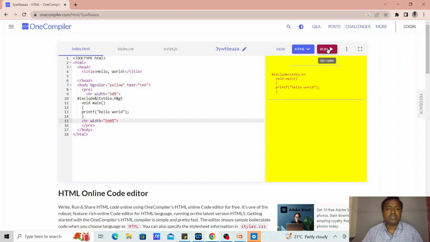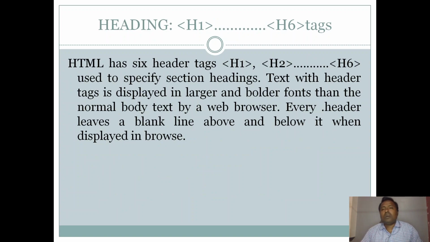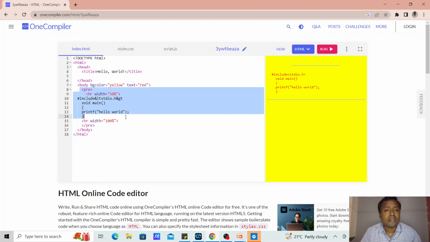See, it's rendered in a different way. That is what we have to understand. So that is the HR tag. Now coming to this, HTML has six header tags: h1, h2, h3, h4, h5, h6. You can display headings in larger format with bold formats. That I can also show in the execution so that you can understand what exactly